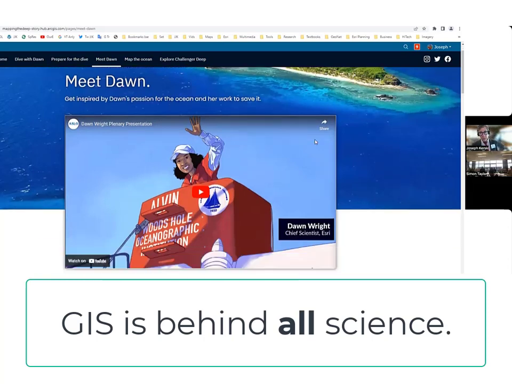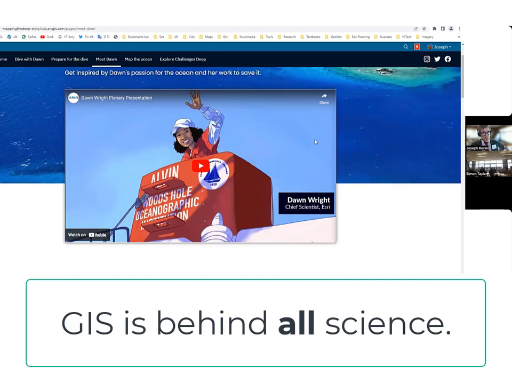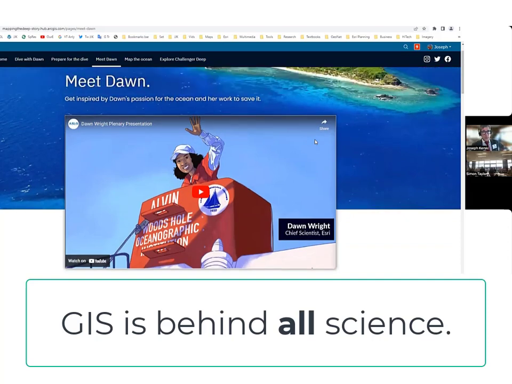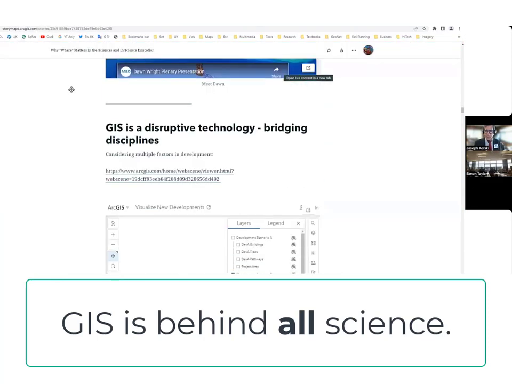ocean floor. So why does Esri have a chief scientist? Why do we have science as a fundamental part of our organization? Well, just like your local government authority and agency, nonprofits, et cetera, we believe that these tools can help us to anchor science in the where question. So just a couple of good examples there.